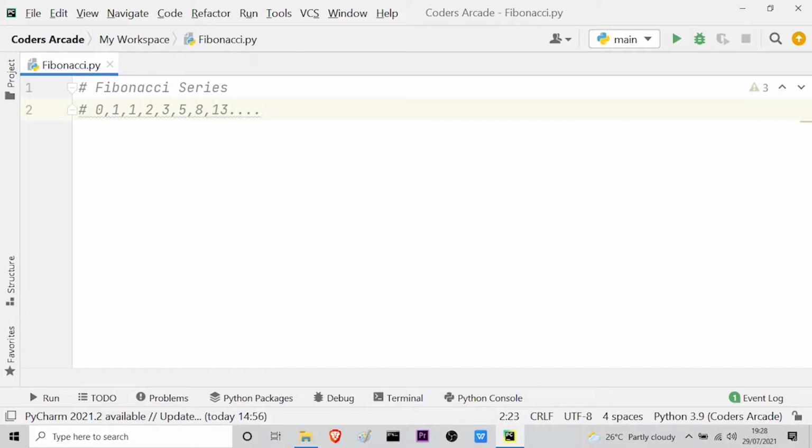So now that you know what exactly the Fibonacci series is, let us write a Python program to execute the same. First of all, I will take a number variable where I will ask the user to provide the input so that I can print the Fibonacci series up to that number of terms.